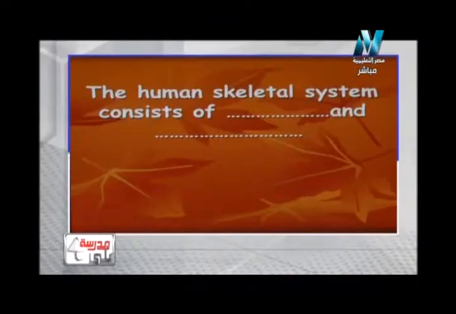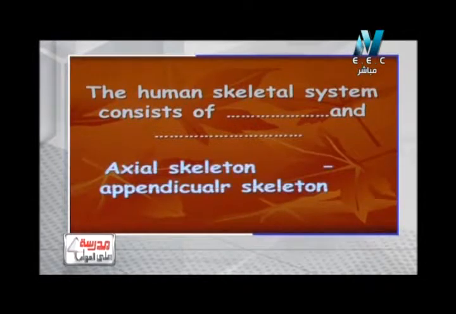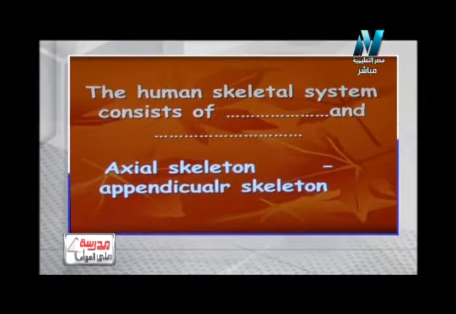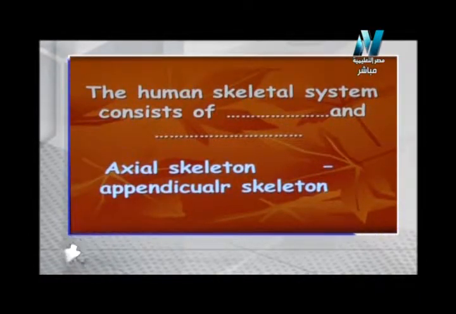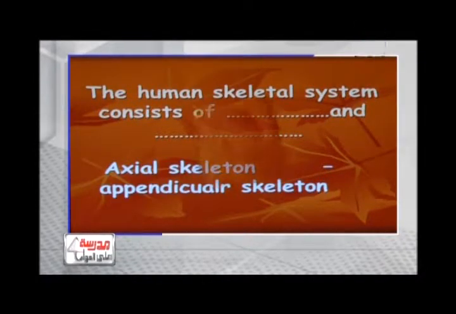First question says the human skeletal system consists of what and what? The human skeletal system consists of two main parts, which are axial skeleton and appendicular skeleton. Again, the human skeletal system consists of axial skeleton and appendicular skeleton. Another question says